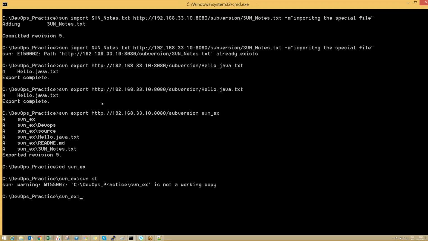You can see SVN status will not work because this just downloads the code. It won't allow you to work with your SVN client commands. It says clearly it's not a working copy. Okay, but if you go to the